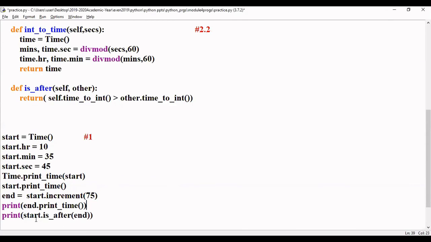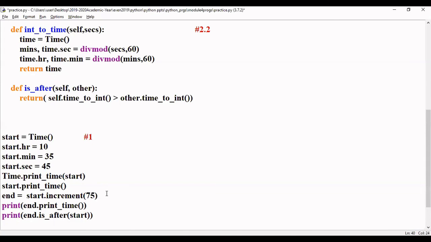Start is also an object, correct? And here I'm calling is_after, where end is also an object. Start is one object and end is another. Now I'm making use of end.is_after(start). It sounds good.